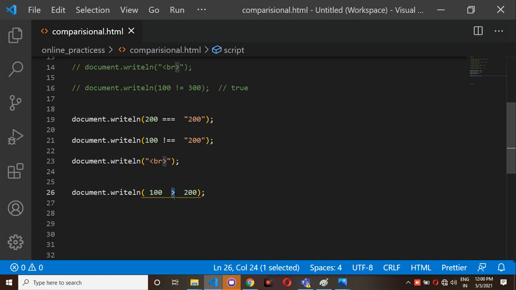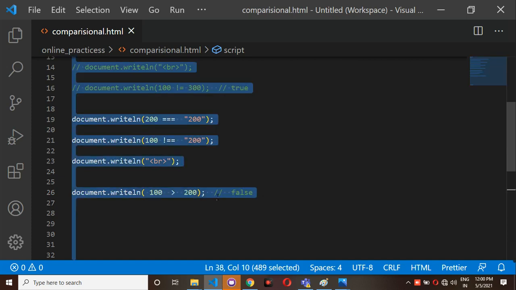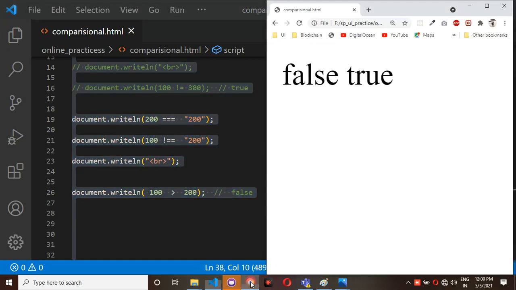Greater than means it checks whether 100 is greater than 200. So here the condition is not true, and we will get false as the output. Okay, then you can check here. Yeah, false you are getting.